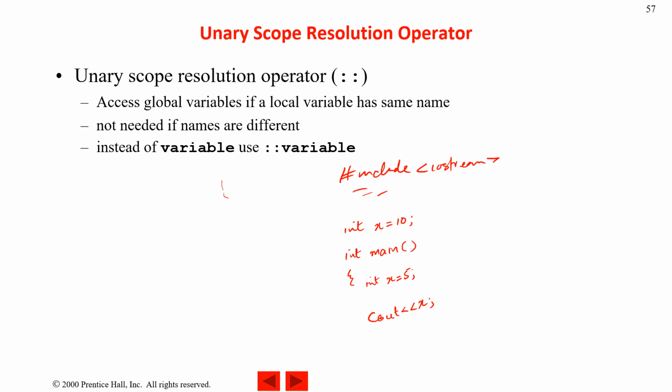What will be cout? Because main has a local version of x, so the value 5 will be cout. अगर मैं 10 cout करना चाहता हूँ तो what I will do is cout ::x. अब इवन दो कि ये x है, जब मैंने ये यूनरी स्कोप रेजोल्यूशन ऑपरेटर लगा दिया, इट मीन्स दिस विल बी एक्सेस्ड एंड अब मुझे आउटपुट जो आएगा वो 10 आएगा।